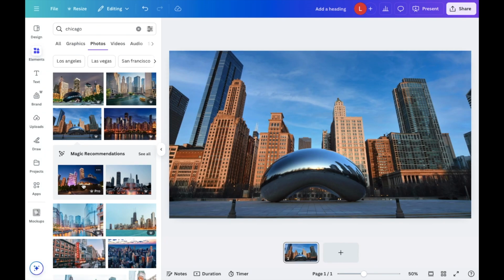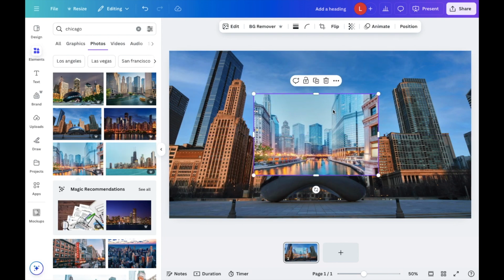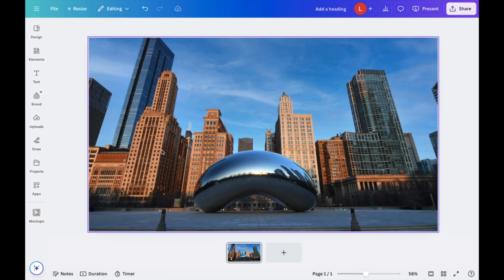If you were to go ahead and put another something on top of it, it'll still act as the background, just like this. So very simple, very straightforward, but that's how to set an image as a background here on